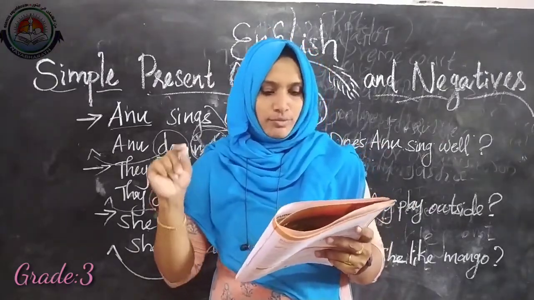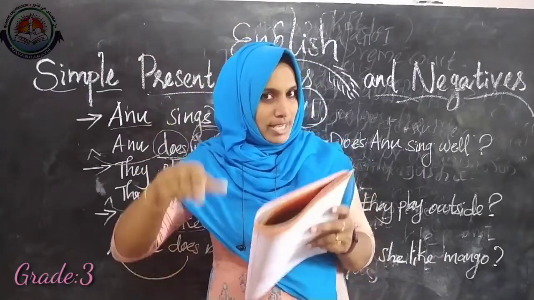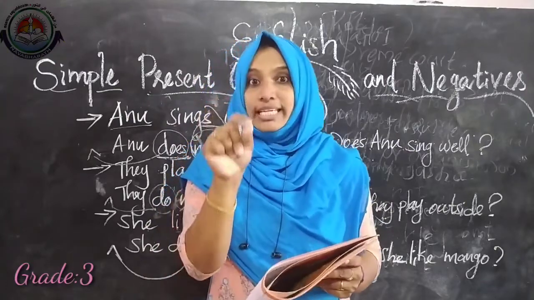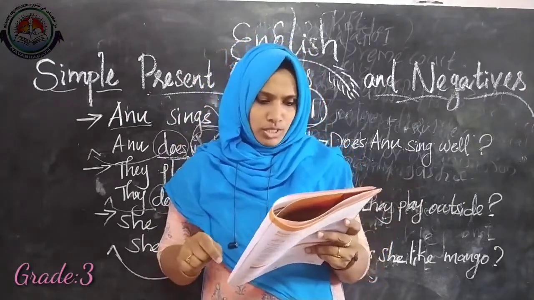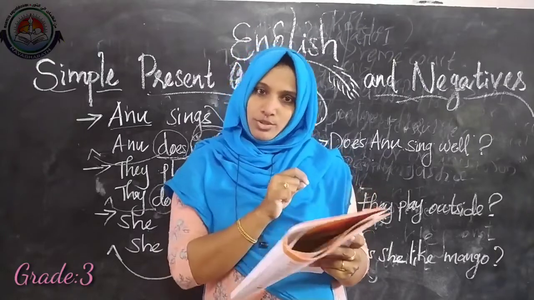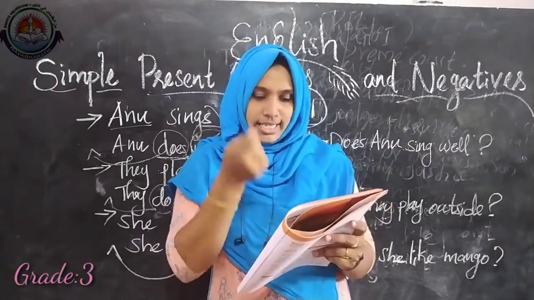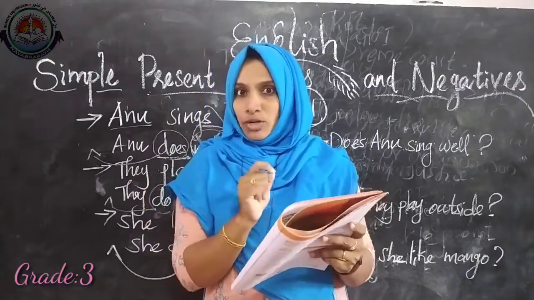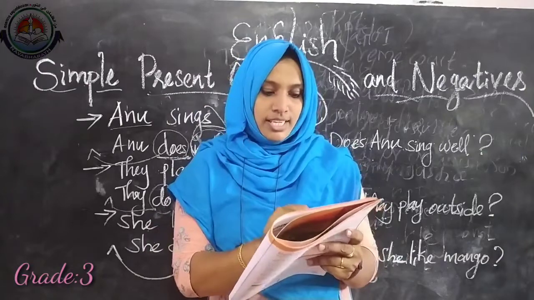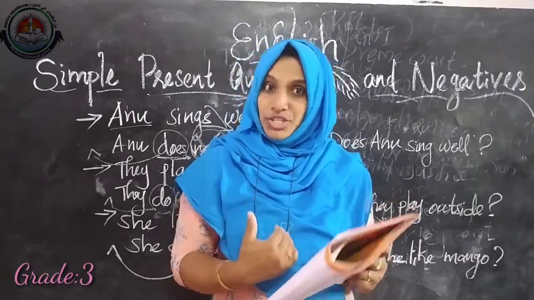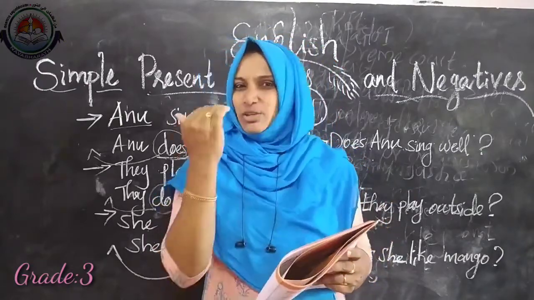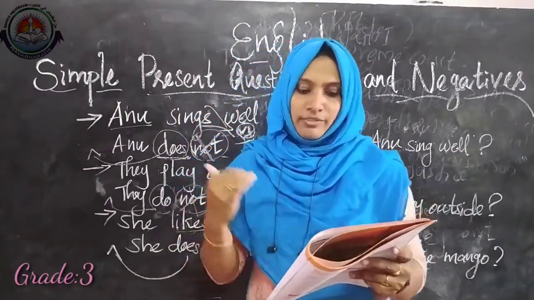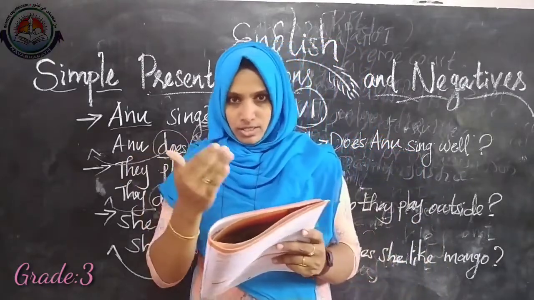Then Sharad plays video games all day. Yes, for making the negative form, you have to find the verb and change that verb into its V1 form. Sharad is singular, so we will use does not. So Sharad does not plays or play? Yes, very good. We will use play only, because we have to change it to the V1 form, the root form, the base form. So Sharad does not play video games all day. Children, this is how you can do it.